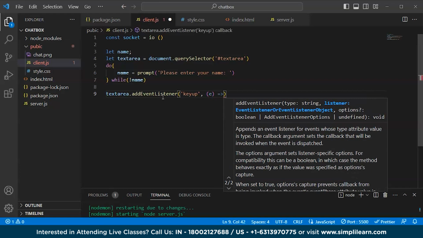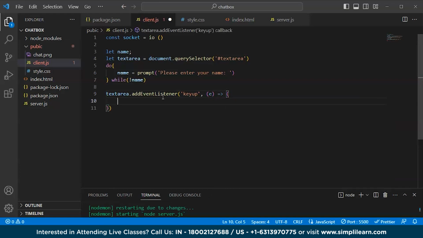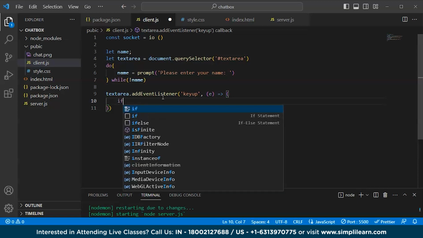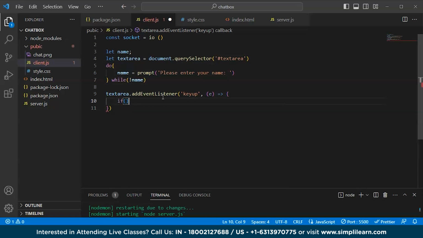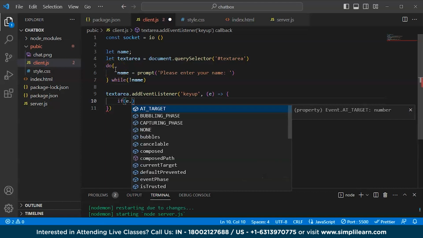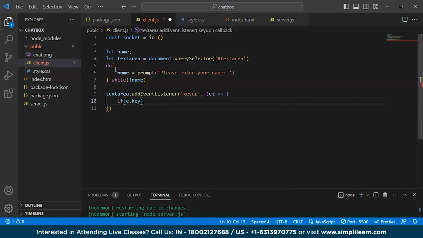Okay, and then we'll check whether we have pressed the enter key or not. This is what e.key, then only Enter. Okay,